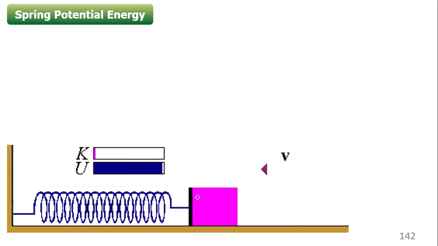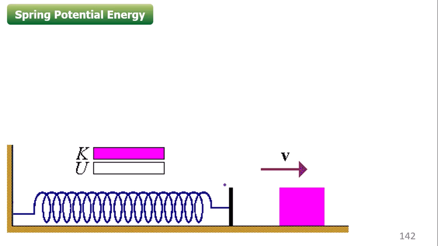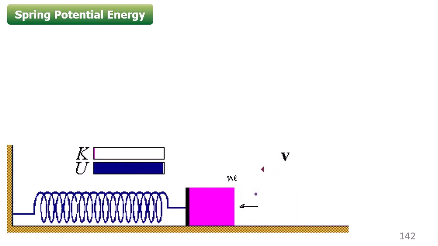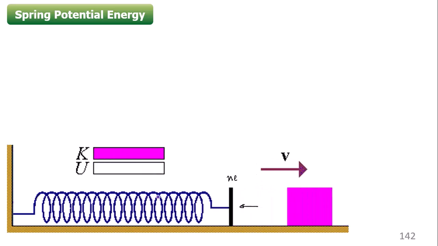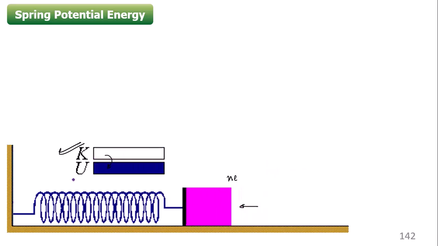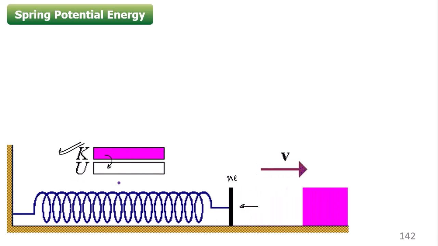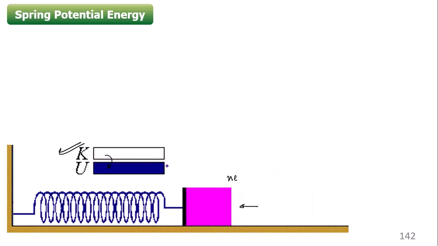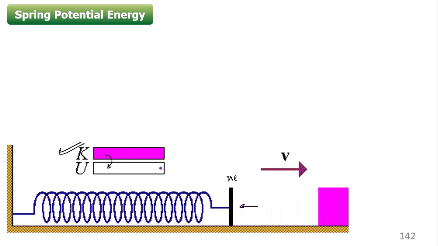Now initially this is the natural length of the spring. Now a block is hitting the spring. The block hitting means the block has kinetic energy. Once the block is hitting the spring, the spring will now be compressed. So you can see that the kinetic energy of the block is converted to the potential energy of the spring. And ultimately, once the kinetic energy becomes zero, the spring is elongated and pushes the block back. So in the second part, the potential energy of the spring is converted to get back the same kinetic energy.